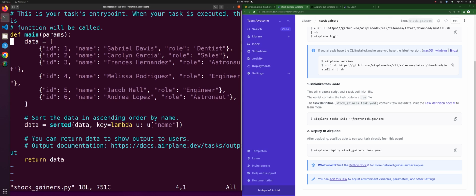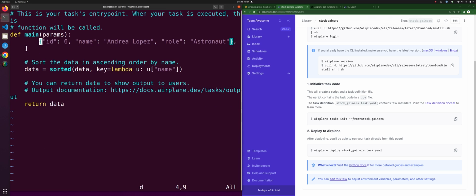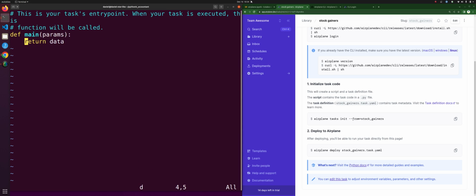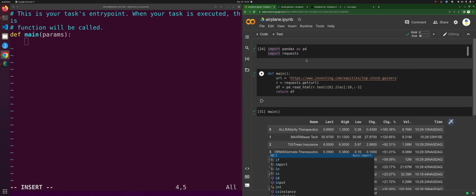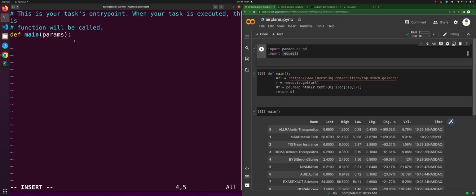So this is my data or my main function. So I'm just going to delete all the stuff that they have here as placeholders because I don't need any of that. And what I'm going to do is just type in the code that I have here. So, whoops. Okay. So I'm going to import pandas as pd, and you can use a regular text editor for this. I'm just using Vim because I like it sometimes. Import requests. And I'm doing this all in main. It doesn't really matter. So then URL equals